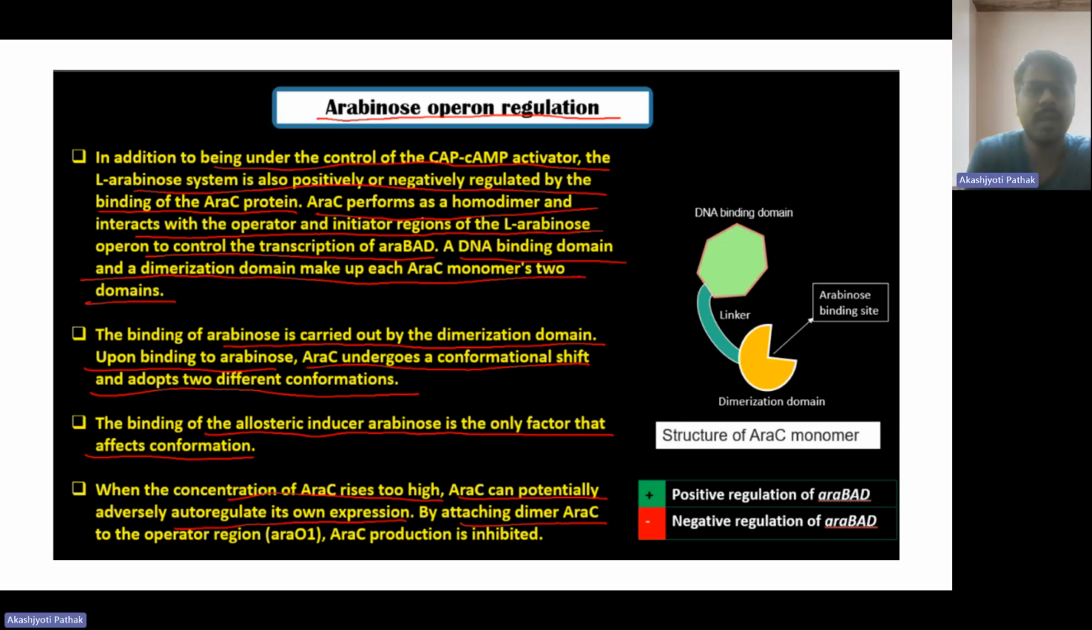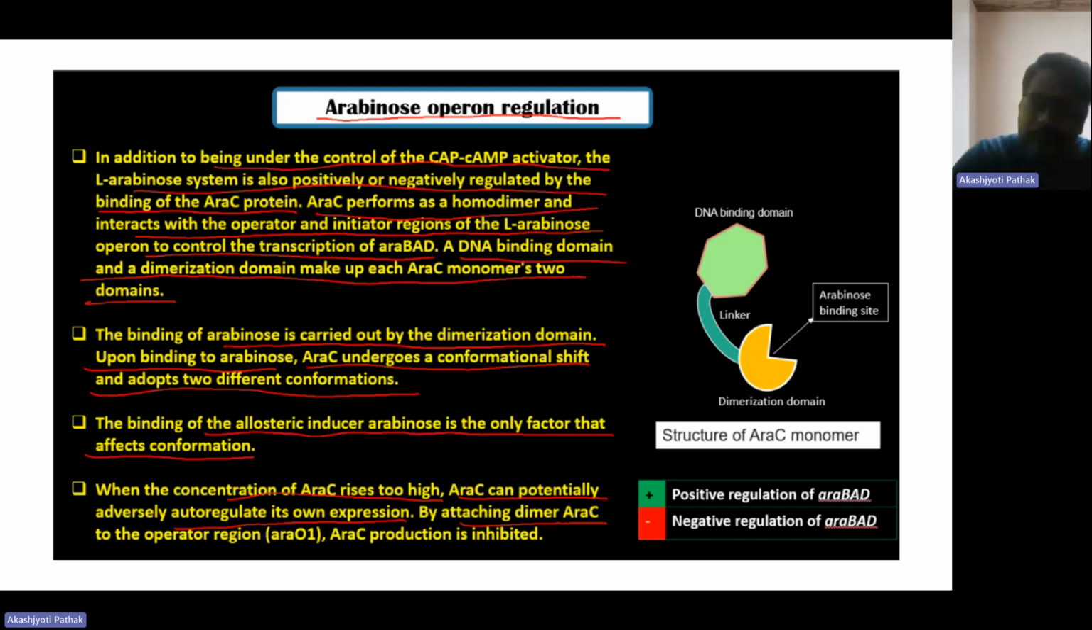So this is again one of the slides from your lecture that was covered. Arabinose operon regulation. You see, this is a cartoon structure of the C protein. You can see that it has a DNA binding domain and a dimerization domain. In addition to being under the control of the CAP-cAMP activator, the L-arabinose system is also